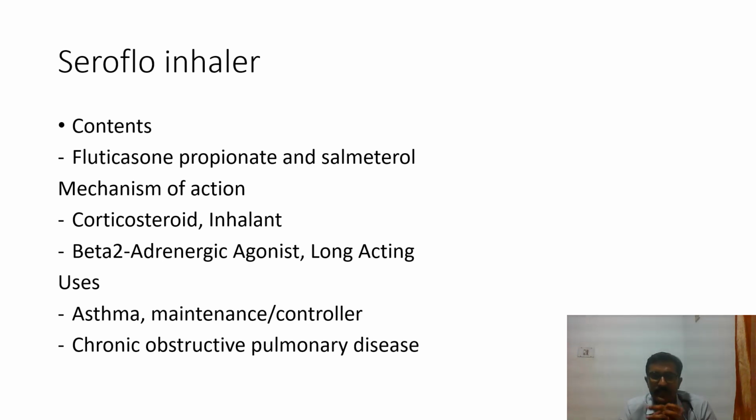Usually, the contents in it is fluticasone propionate and salmeterol. Fluticasone is an inhaled corticosteroid. Salmeterol is a beta-2 adrenergic agonist. So usually, it's a long-acting beta-2 adrenergic agonist. Okay. So the uses and indications of Seroflo inhaler are maintenance or control in bronchial asthmatic patients, chronic obstructive pulmonary